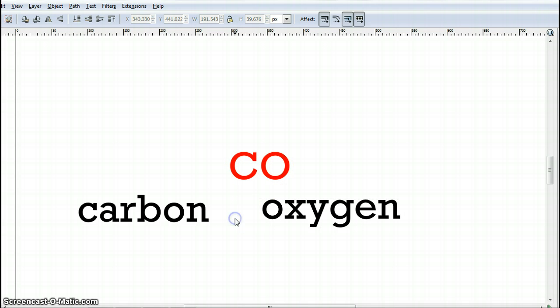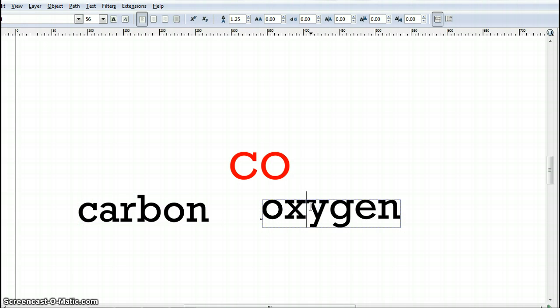So if we follow the rules that we've already used, we have one carbon, and in the first word, we do not change the ending of it, and we put prefixes unless it's mono. And this is mono because there is one, so we don't do that one. So it stays carbon. And the oxygen, we need to change the ending to IDE like we did before. So oxygen becomes